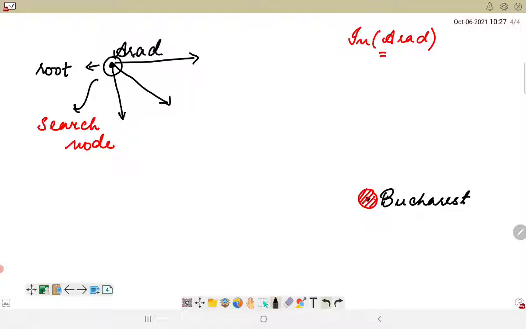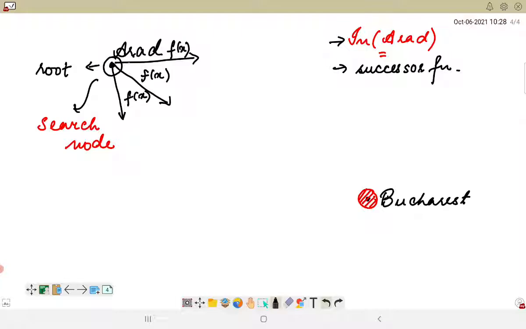So if we remember, or if you go back to the previous video also, you will understand that we can expand this particular point by using the successor function of this particular state, right? So when we are applying the successor function to the current state, it will create, let's say, the successor function. Okay, so when we are applying the successor function to this particular point, it will be generating a new set of states,